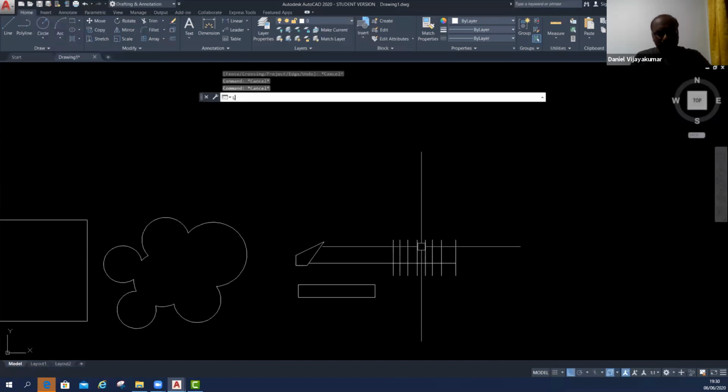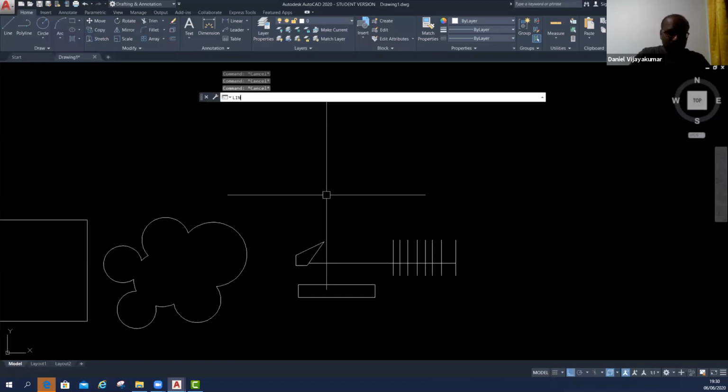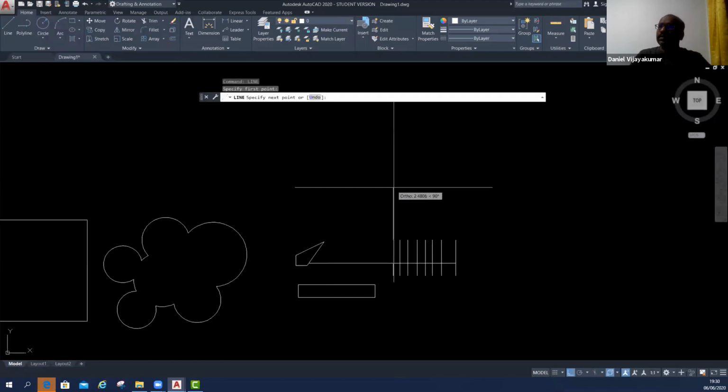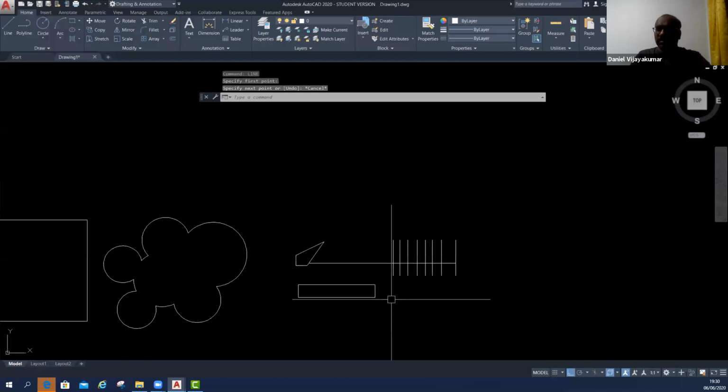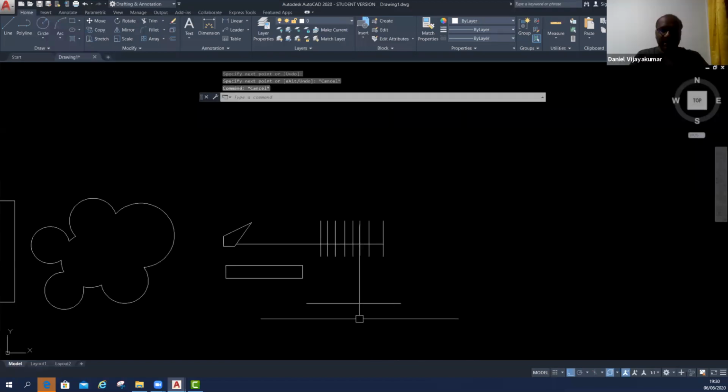And one more simple command is there, like a stitch. This is my line.